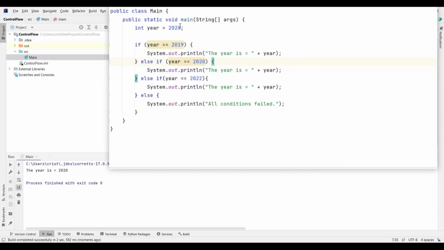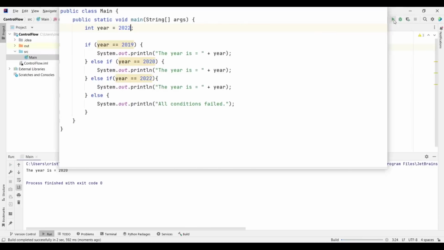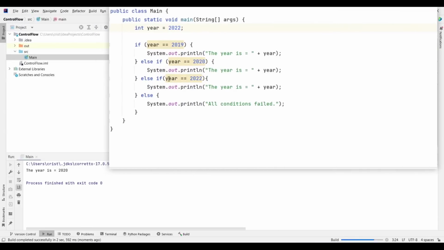But if I change this to 2021 and run this, now the condition of the second else if will evaluate to true, and it's going to output the code inside the curly braces of this particular else if that is here. And we can go even further. We can put another else if and another else if. There is not a limit to how many else if we can put.